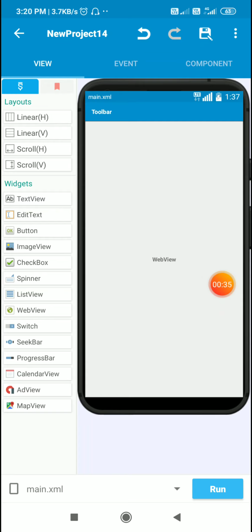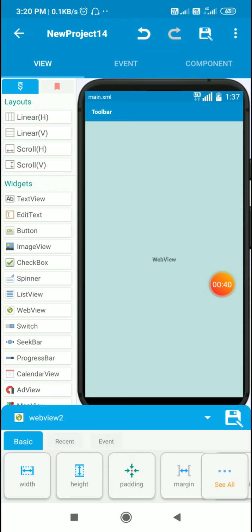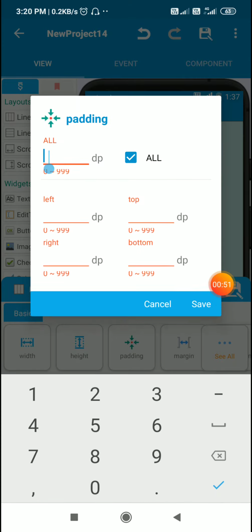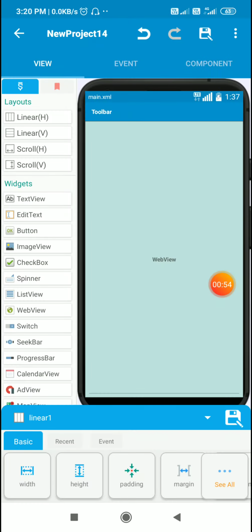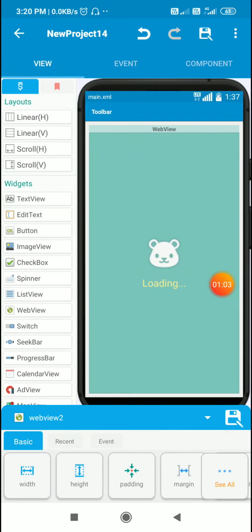Let's move to Sketchware. Here in my main.xml I have a web view which is web view 2. Now this contains other items, like this is inside a linear 1 which is a linear vertical. For this linear 1 I have set padding to 0. I'll just change it to show you this linear. Now here you can see that it is linear 1. For this web view I have set width and height to match parent. Now if it is wrap content, then you can see that below this web view there is another linear which is linear 2. So inside linear 1 I have placed web view 2 and linear 2.